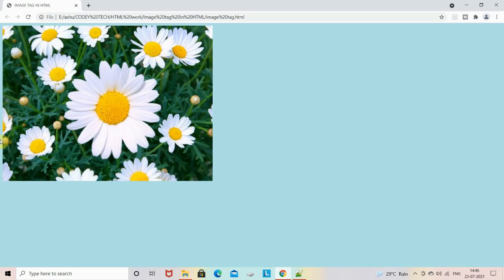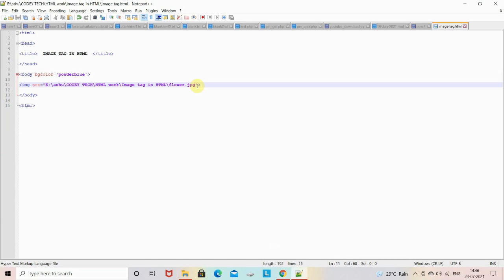As you can see, the image has been beautifully inserted in my web page. Now the other attribute is the alt attribute. This attribute is used only when a web browser cannot display your image due to some error or some problem in the file extension. The alt attribute displays the text that you have written with it when the browser cannot display your image.